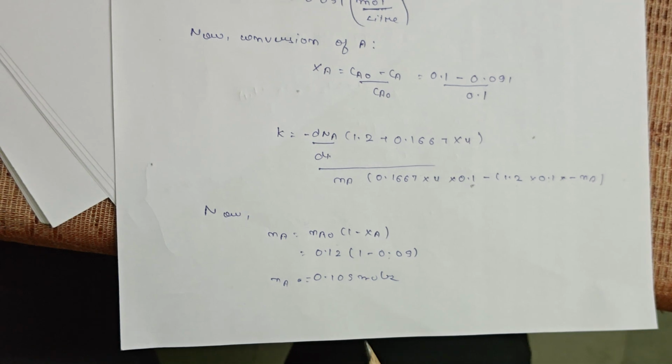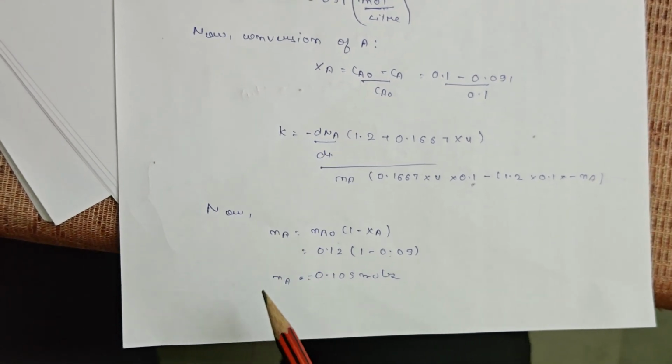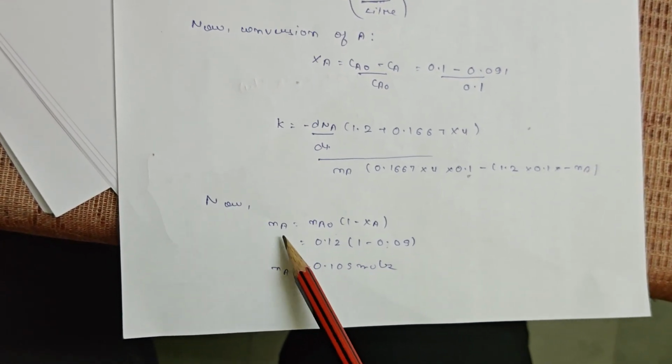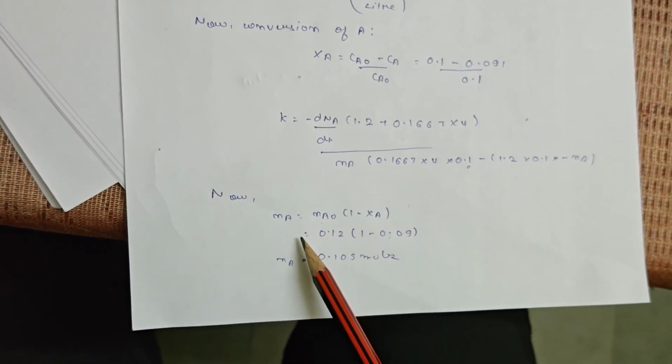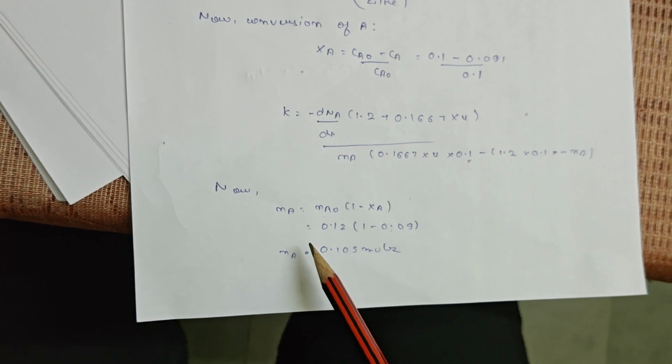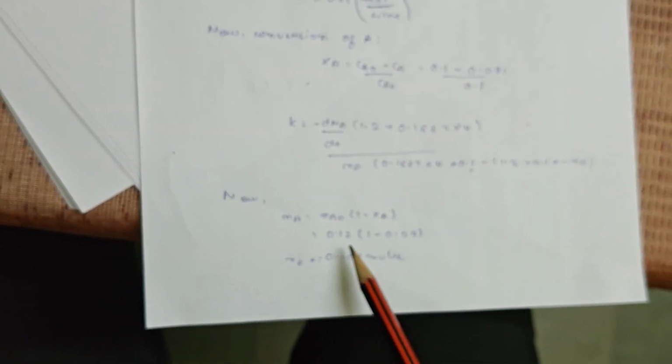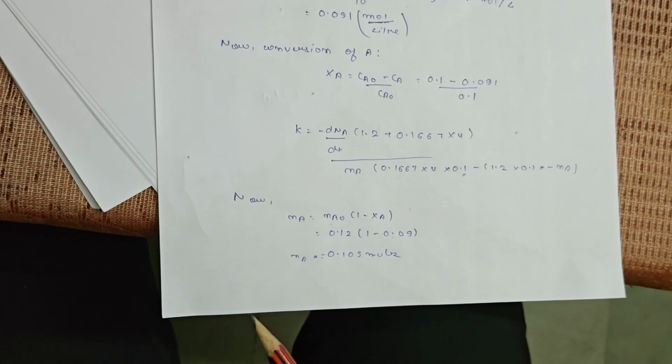Now we will calculate the number of moles of A, which is given by the equation Na equals Na0 (1 minus Xa), and after substituting the values we get 0.12 into (1 minus 0.09), and the final value of Na is